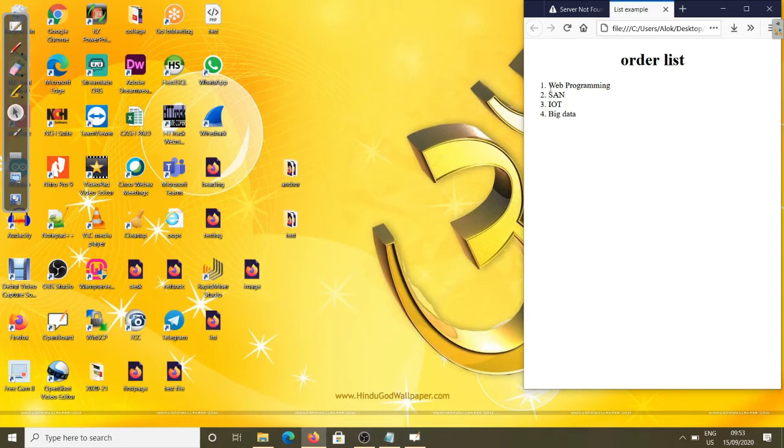Now see, number change, 1 2 3 4 5. By default it is coming 1 2 3 4 5 for the ordered list, but if you want any other number at the place of the 1 2 3 4, either capital A, capital B, capital C, then with the help of the attributes and CSS properties we'll do it later. Got it? So you got the idea, ordered list and the unordered list.